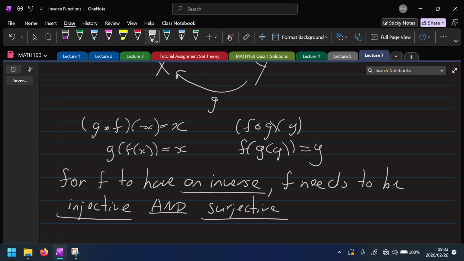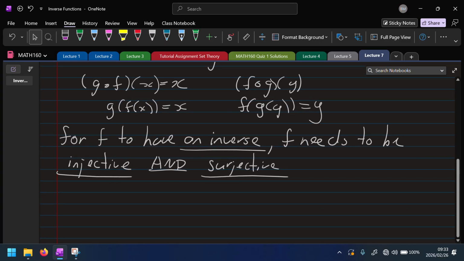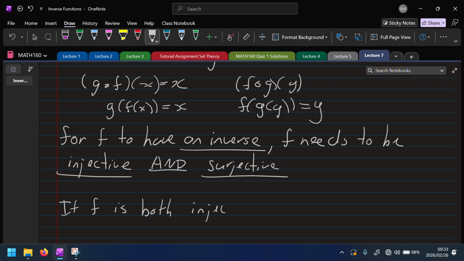If you have both of these conditions, then we can write this g which was a left inverse and a right inverse, as f with the little -1. You would have seen that before. So if f is both injective and surjective,